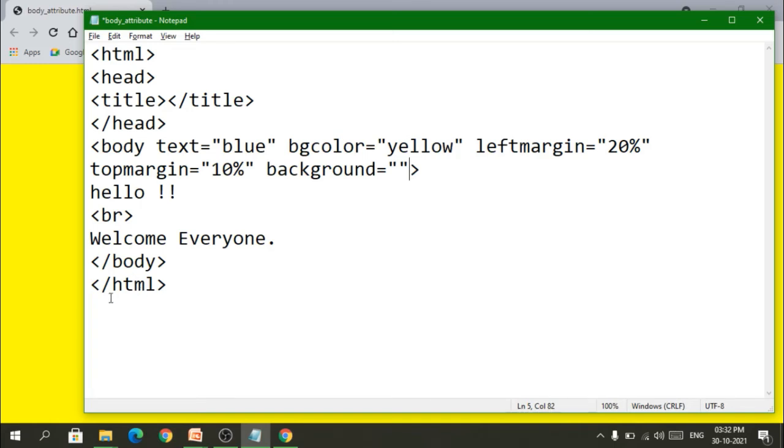For making it simple, I will copy an image from my hard disk and paste it in the folder where I have kept my HTML file, where this body attribute is. I will keep one image file.